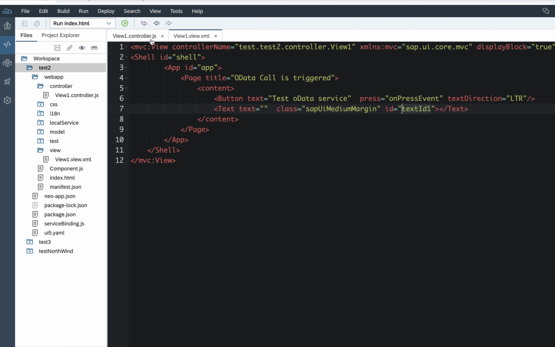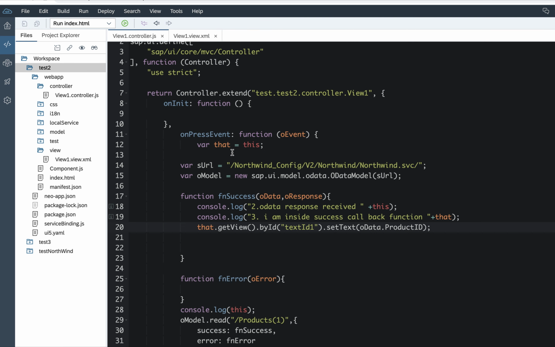So that is the significance of using the that variable inside a SAP UI5 application whenever we have a REST API call or any outside API call placed. And if you want to access the current controller instance or the view object inside your OData method call, that is inside your success callback function, you can always access the view object via that variable.